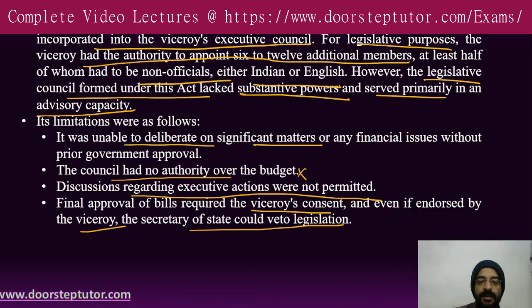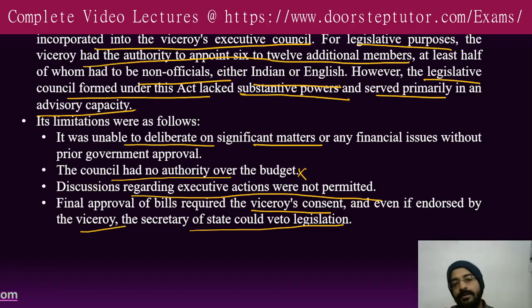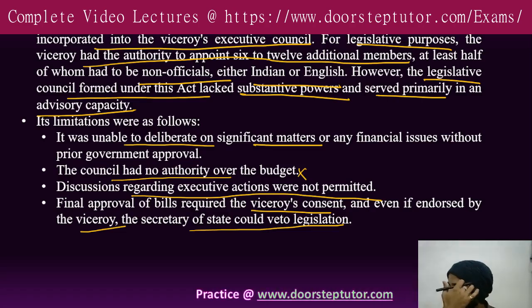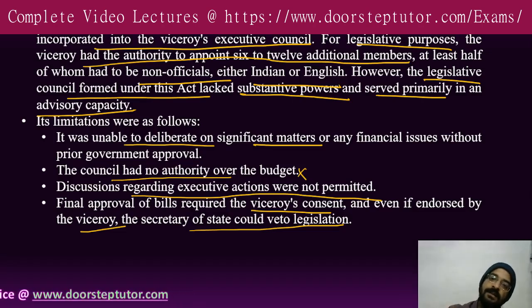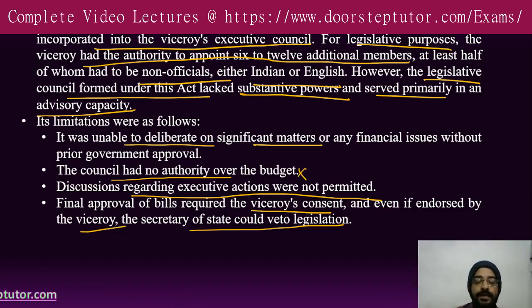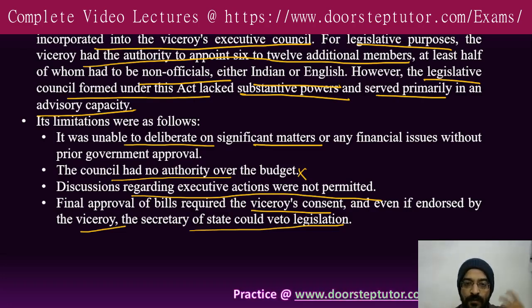Now just remember, the Viceroy was still in India, so he might have had some ground reality about the Indians and about what was going on in India. So he might have given assent to some bills which were beneficial for Indians. However, when he sent those bills to the Secretary of State, and the Secretary of State saw that these bills or acts were not on a parallel line with his point